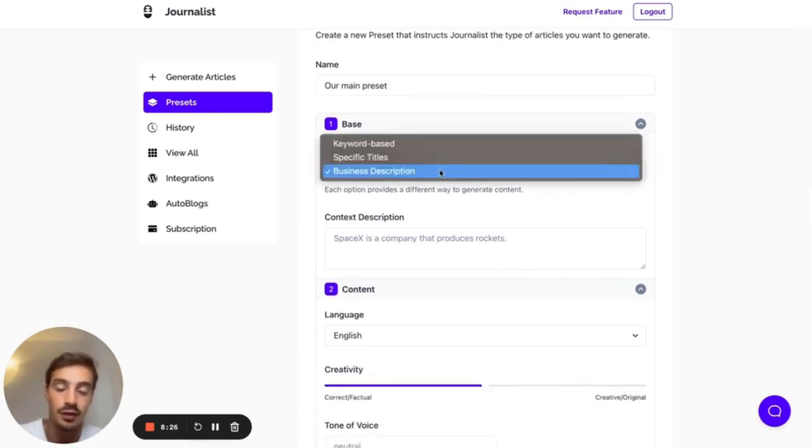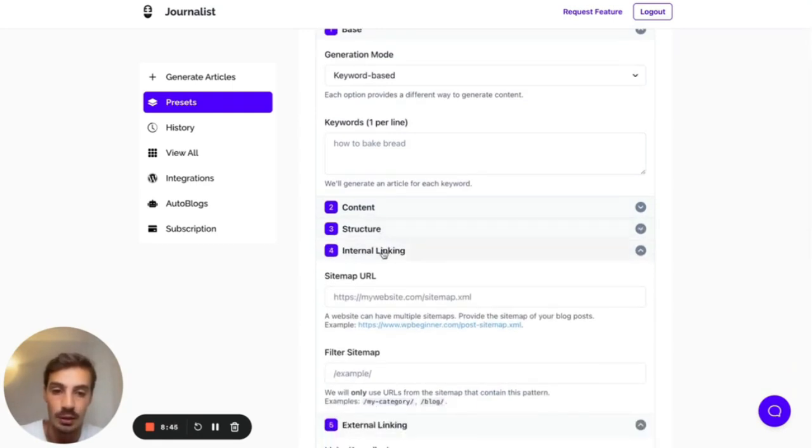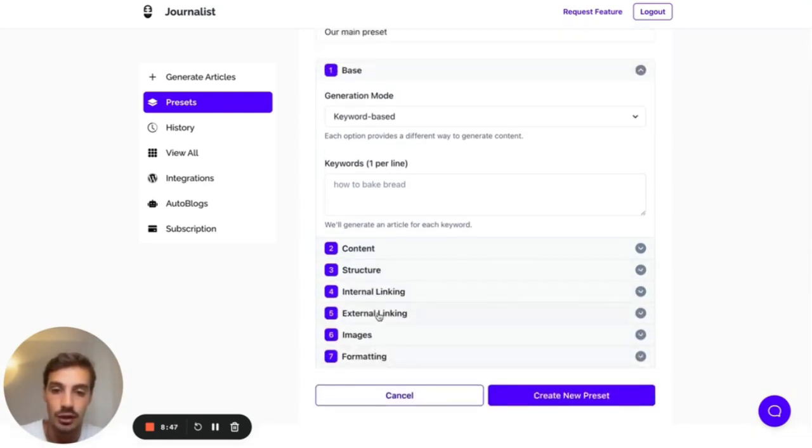You can of course have the simple mode, which we call also business description. You can have the specific titles, which was the ones also just referred. And then you can have the keyword base, right? Now you can insert one keyword per line, and all the content that journalist is going to generate is going to be based on the keywords you give it, right? And we'll go over all these little tabs in just a second here, but let's firstly focus on